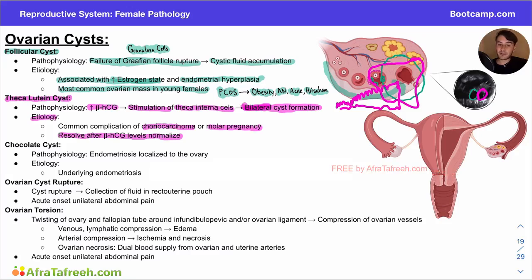These are both going to be fluid-filled cystic-like structures that you could visualize on ultrasound. Now let's contrast this to our next pathology, which is going to be our chocolate cysts. And chocolate cysts are different. Whereas previously we were talking about inherent ovarian problems, our chocolate cysts are going to be migration of endometriosis, which